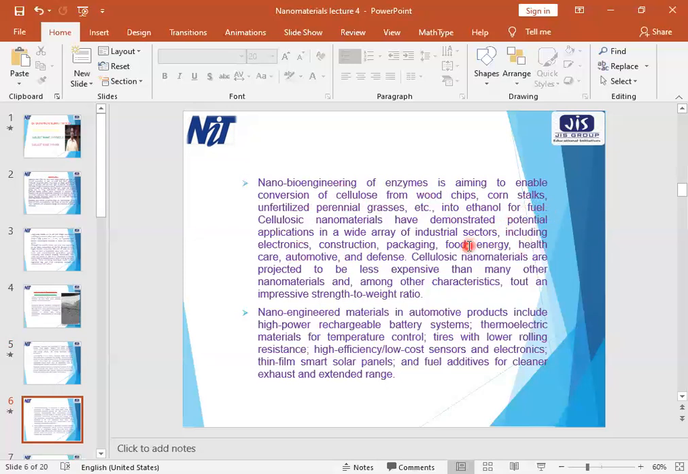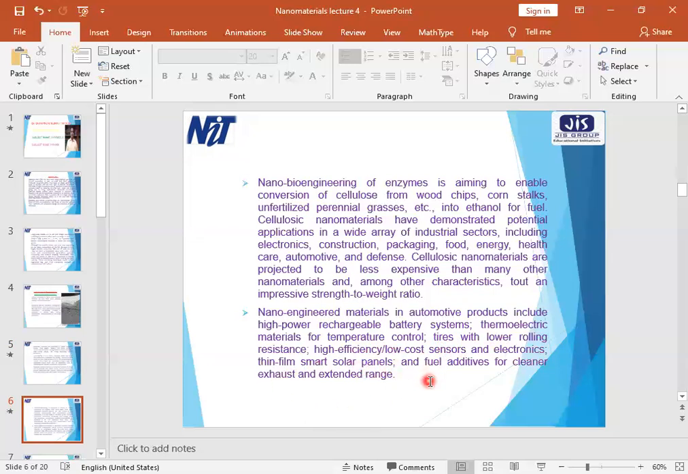So this is also a very important thing. Nano engineered materials in automotive products include high power rechargeable battery systems. I told you in the first class during the introduction that the batteries which are produced now with the help of nanomaterials can be charged within 5 minutes, and will last for at least 5 to 6 days. They also include thermoelectric materials for temperature control, tires with lower rolling resistance, high efficiency, low cost sensors and electronics, and thin film smart solar